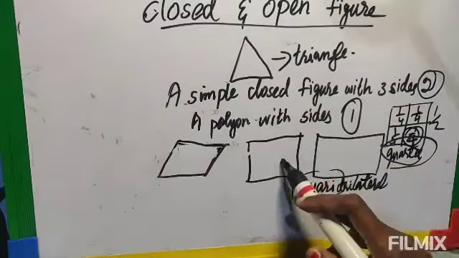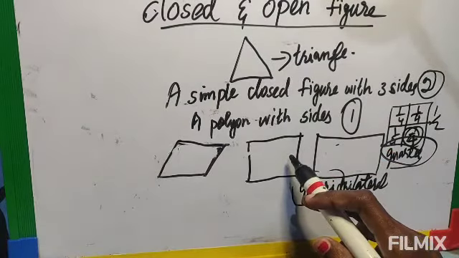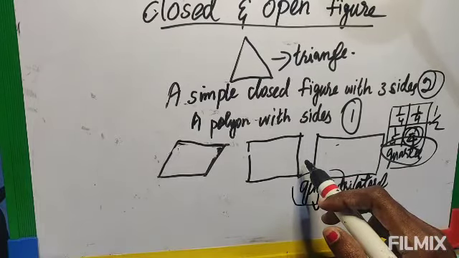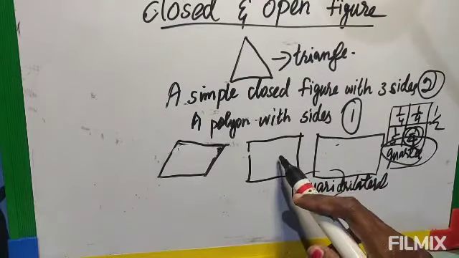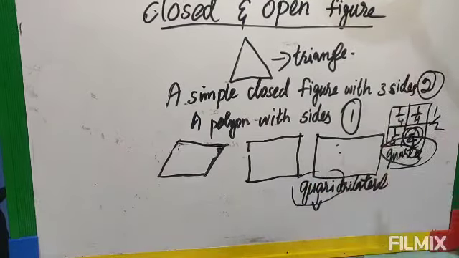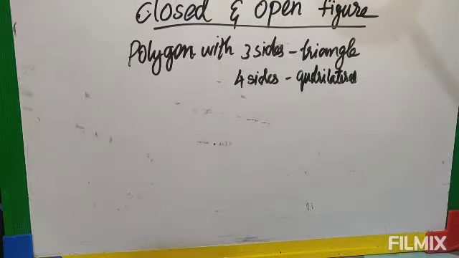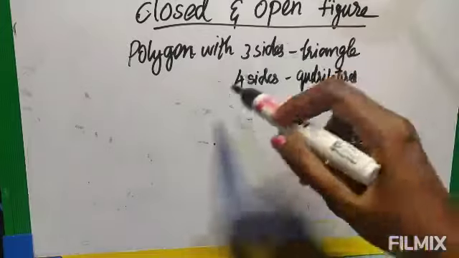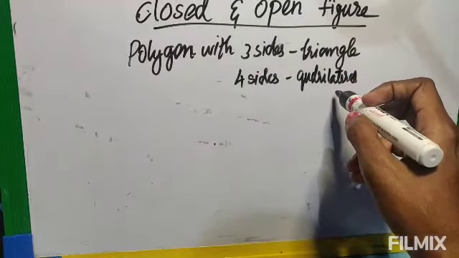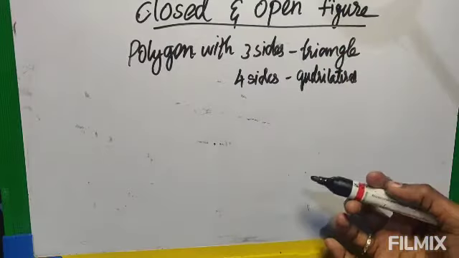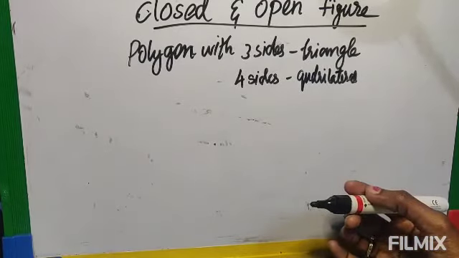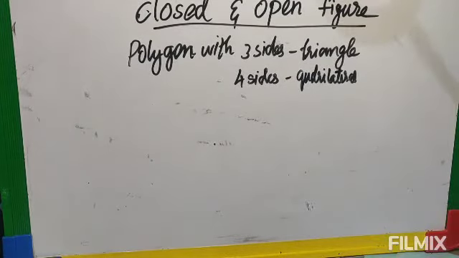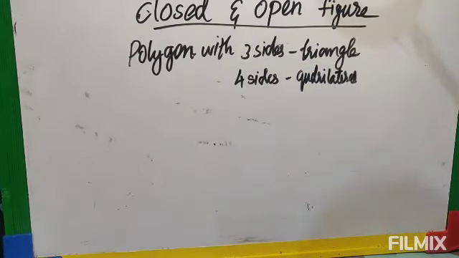But up to class 4 you are learning only 2 quadrilaterals. When you go to class 5 you will learn 2 more. But now up to class 4 only 2 quadrilaterals, that is square and rectangle. Now let's see the other polygons. A polygon with 3 sides is called a triangle. A polygon with 4 sides is called a quadrilateral. Only these 2 are given, but last year they were learning other things also. So I am thinking it is better you also know. Without knowing the very basics, it is not good to go for higher classes, no? So learn the other things also.